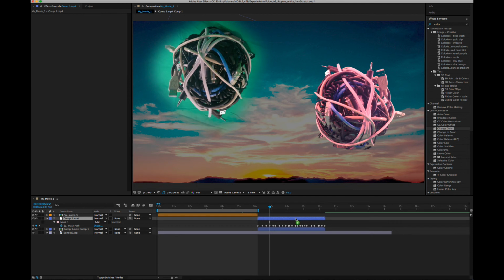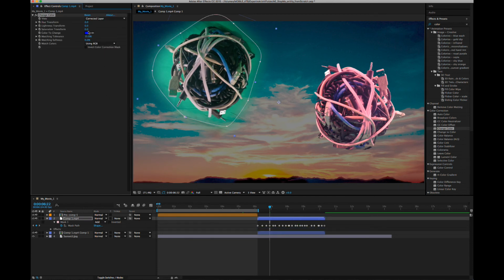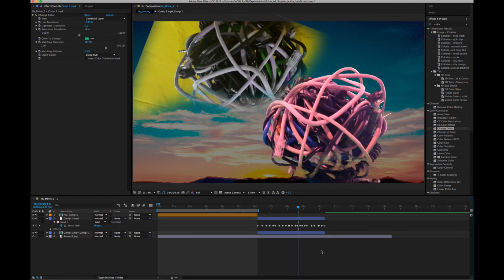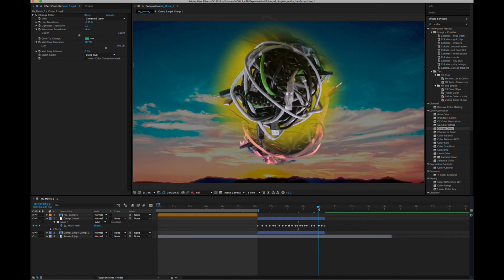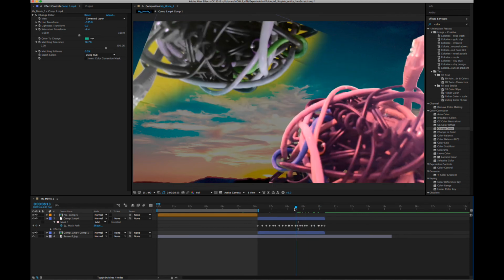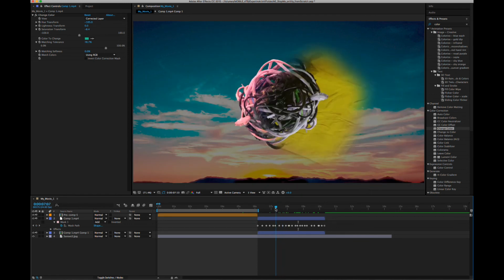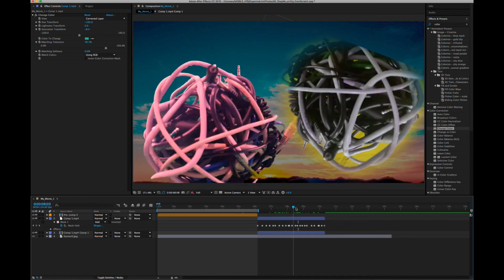If I use change color, drop it over this, and pick that green, I can change its glow. You have a tolerance. Now you can give that a more ethereal, alien looking presence there. And change to color could work similarly if you want to swap out one color for another. Yeah, something like that. So it's like the battle of these two entities coming down from space, fighting it out. Some